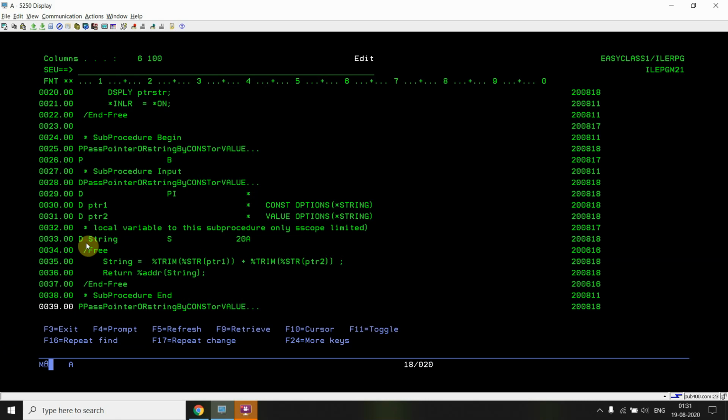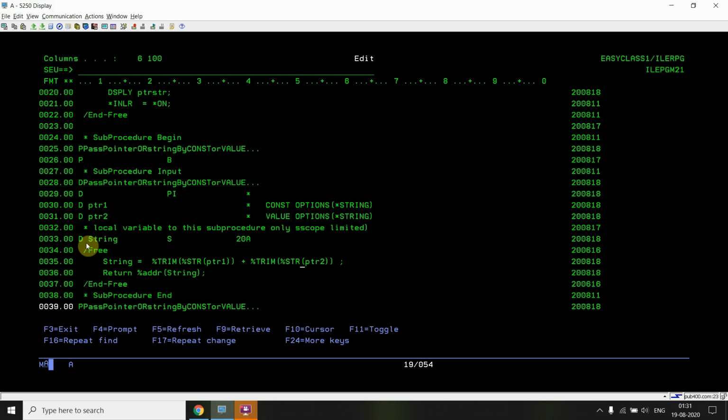This is a string of 20 characters, and what we are doing is summing these two strings. How are we doing that? This is a pointer holding an address, so we used the function, or opcode, %STR. %STR works on a basing pointer first of all.